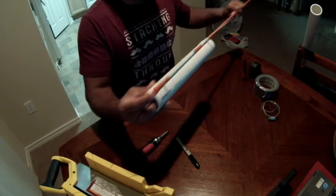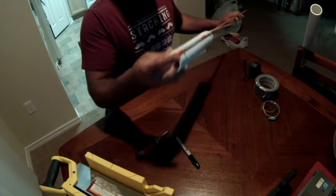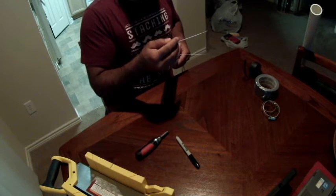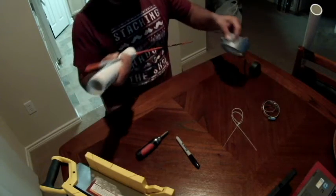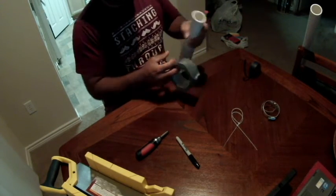But it's pretty sturdy enough that it would hold the fish down. The bigger the fish, well, obviously it's going to be a little harder. It's going to be tougher on the zip ties. All right, guys. And then the third way, and again, my least favorite,